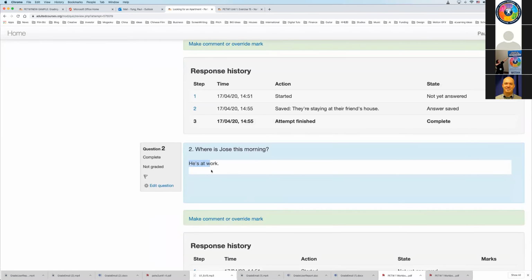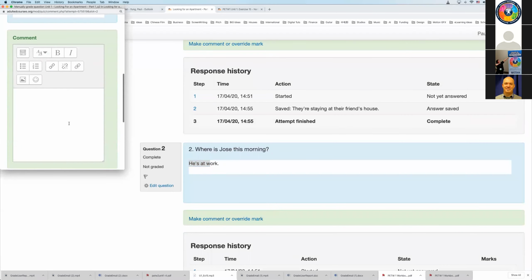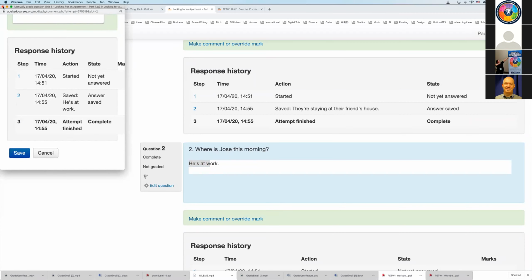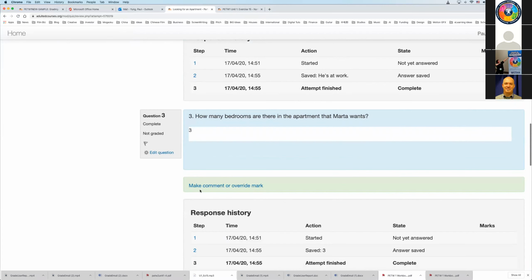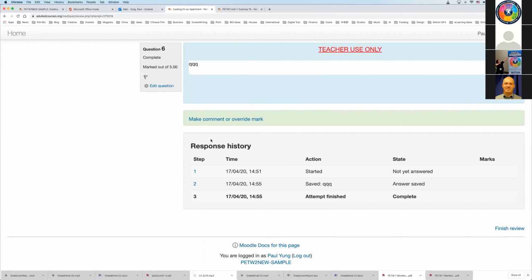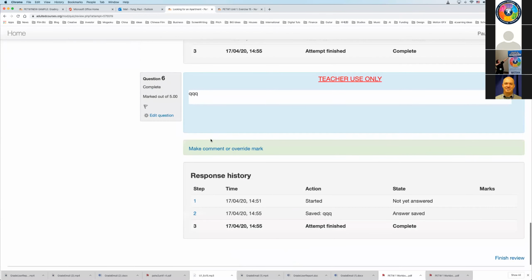I like the second answer. Make comment. You can make a comment anytime you want right here. Okay, you put in a comment and save. Okay. So I'm looking at number 3. I like the answers. And remember in the previous exercise with 4 questions, we had to type in a grade for each item.